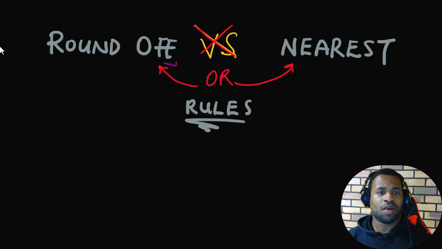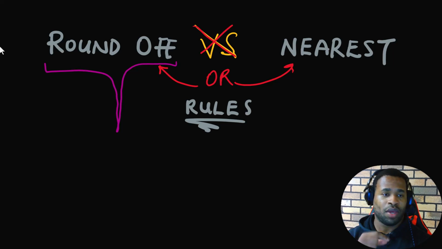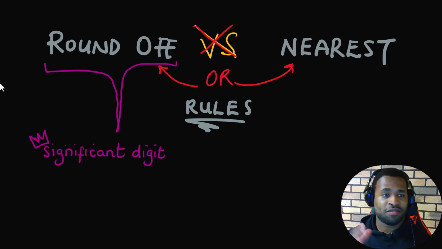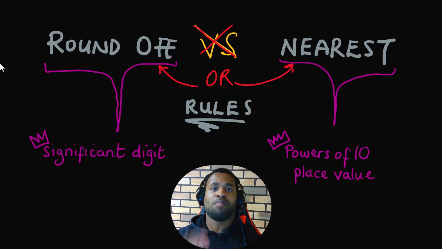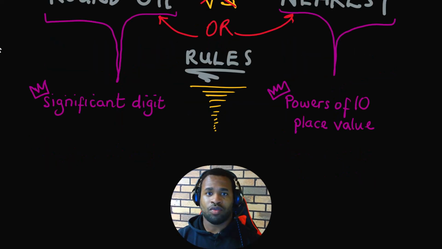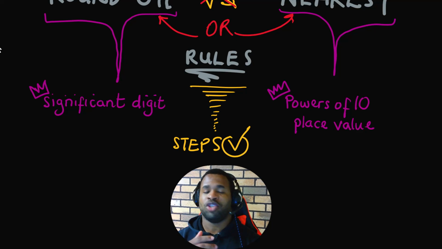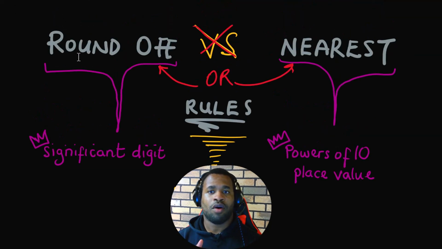Now when we look at rounding off, this focuses on rounding off to the nearest significant digit. However, looking at nearest, we are looking at the powers of 10 in terms of the place value of a specific digit in a number. Now, looking at the rules, this involves the following steps to be applied in order for you to be successful in accomplishing either rounding off or, in this case, when given, to the nearest power of 10 place value